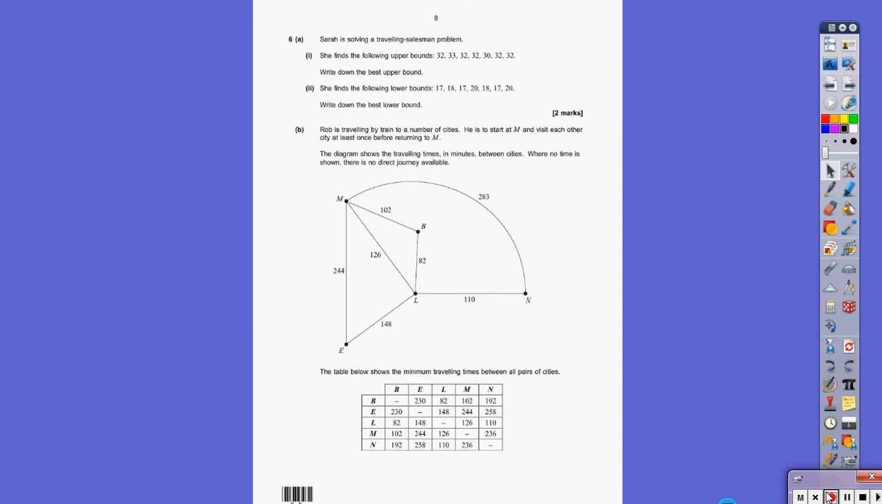Hi, this is the 2014 D1 paper, and this is question 6. It's a travelling salesman, if you just about see it. First question's relatively straightforward. Write